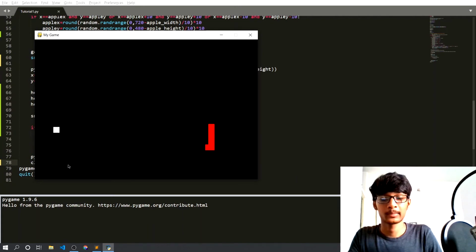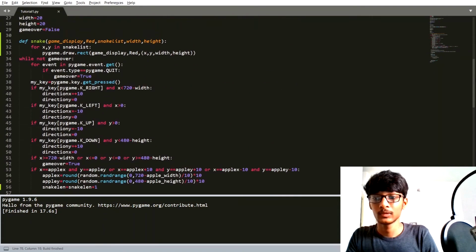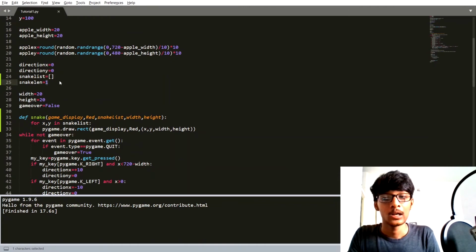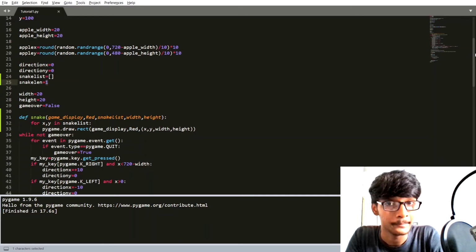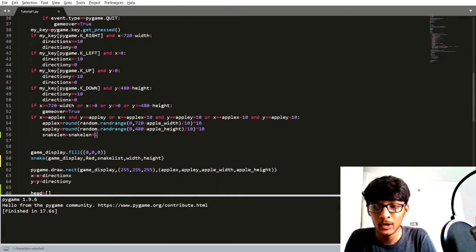Now I am going to explain. Here first we created one snake list, an empty list, and after that we defined one snake length, which is 1. Whenever our snake eats an apple, we want to increase the snake length by 1, so inside our if statement we increase the snake length by 1.